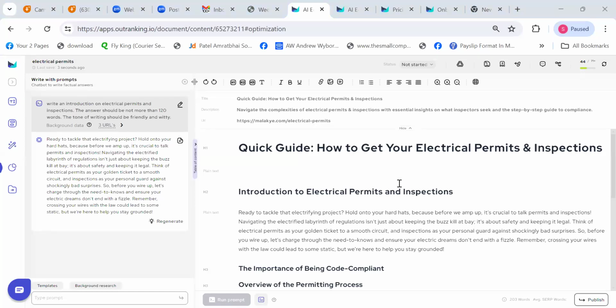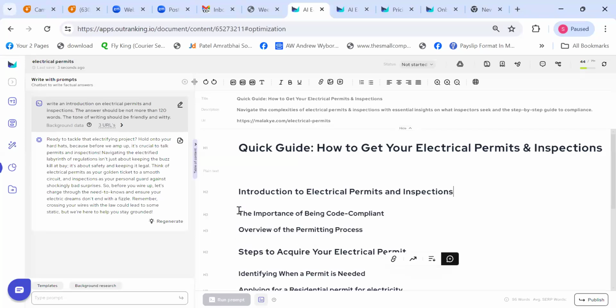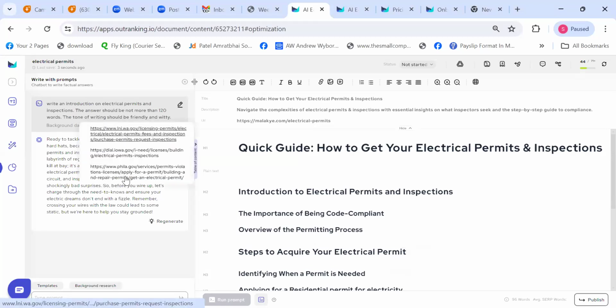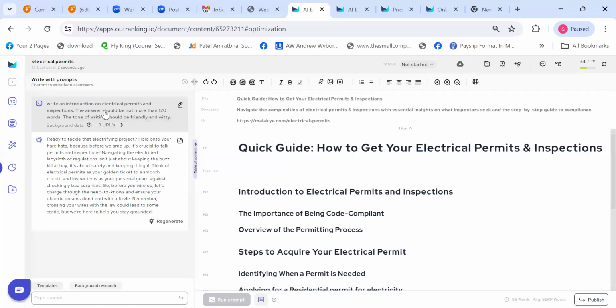Right? Now let's go back. This is something which is going to take time. So let's remove this. And yes, Eddie, you can see the URLs as well here. So you know exactly from where the content has been researched. You know what is the source. So you know that the content generated is going to be trustworthy as well.